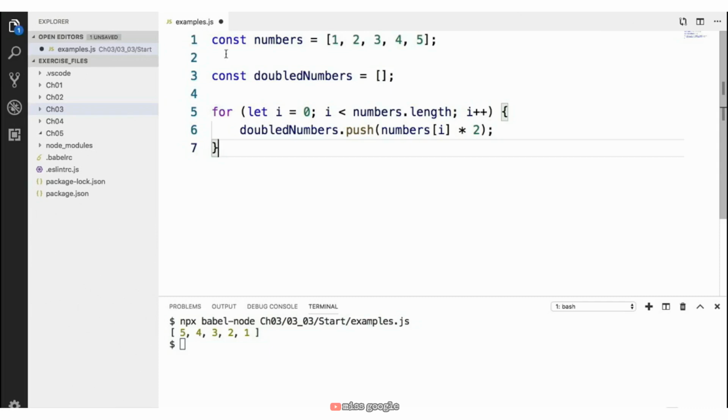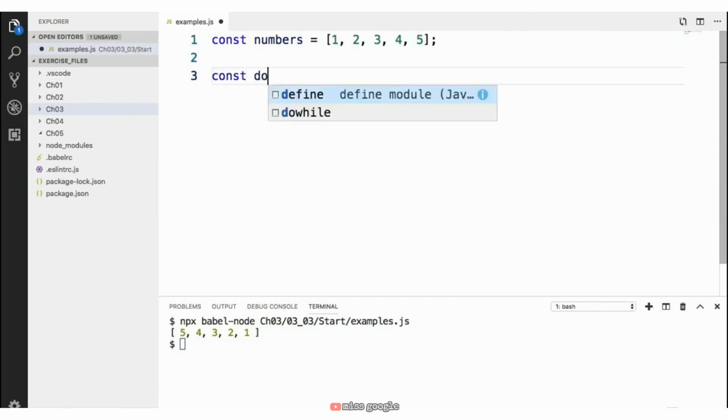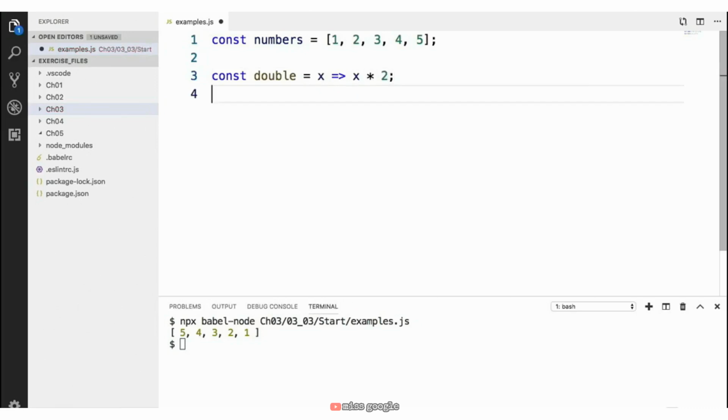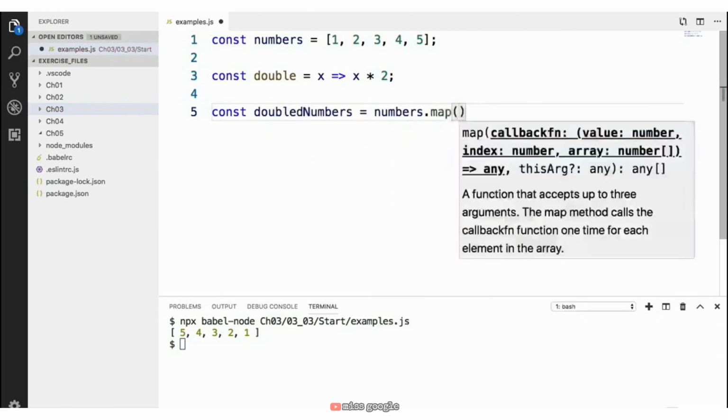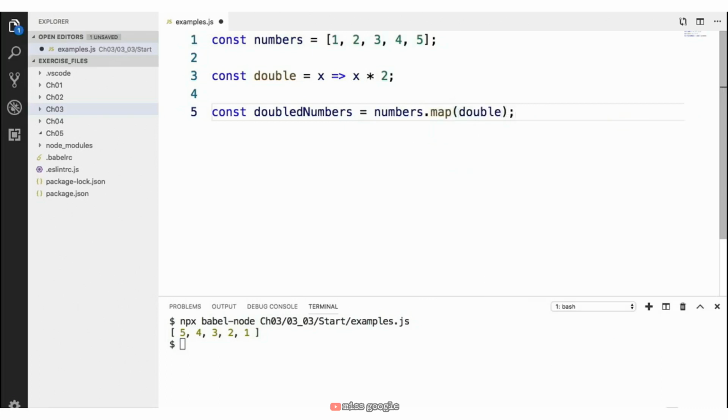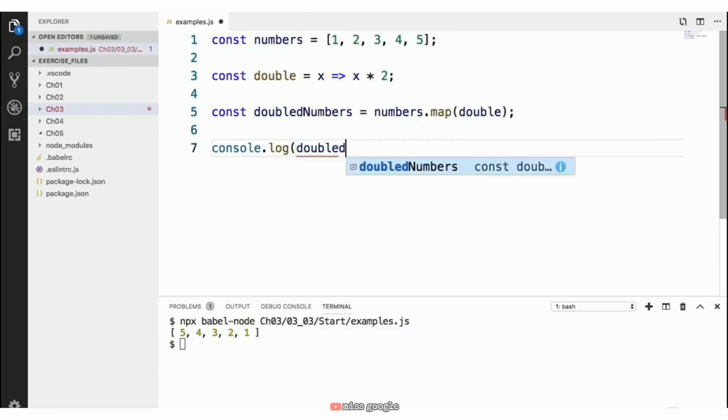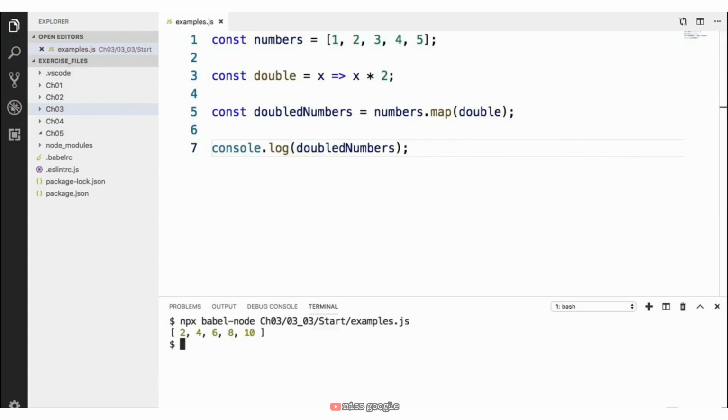Let's look at how we can do the same thing in a functional way. We're going to rewrite this functionality using the map function. First, we're going to write a function called double. And this function is simply going to take one argument and double it. And all we have to do now is define a new constant, const doubledNumbers, and call the map function on our numbers array, numbers.map, and finally we're going to pass our new double function to map, because we want to double each element in our array. Let's log this to the console and run our code. Console.log doubledNumbers. And we see that it works beautifully,